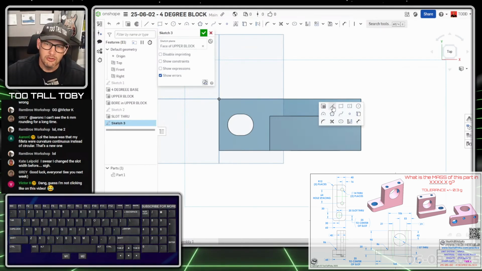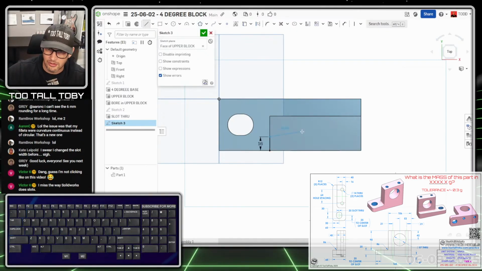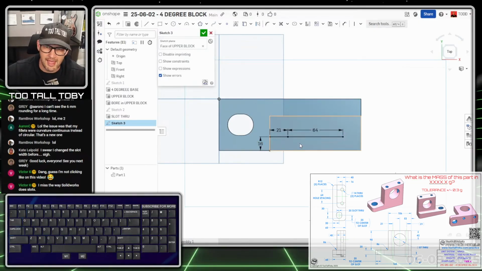Here what we could do is we could use the little trick of creating lines instead of dimensions. So I could begin a line command here, single click, move my mouse up in this direction, single click, and then type in the distance here of 16, enter, move my mouse over in this direction, single click, type in the distance of 21, enter, move my mouse over in this direction, single click, type in the distance here of 64 for the hole spacing. So instead of going through and adding dimensions, you could do it with a series of lines